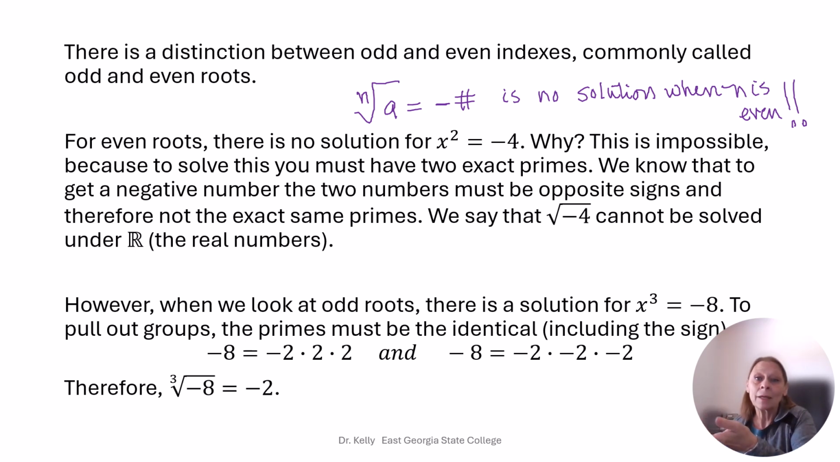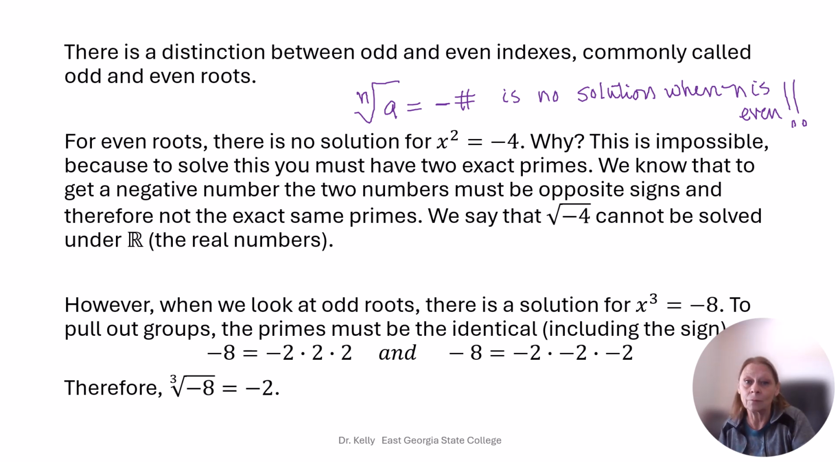And we know that because to get an exact pair, they have to be the same sign. And when we're dealing with even numbers, say 2 digits, to get a negative, we have to have one negative, one positive, and those are not exact. And we can extend that out to anything, like to the 4th, to the 6th, to the 8th, and so forth. However, when we look at odd roots,